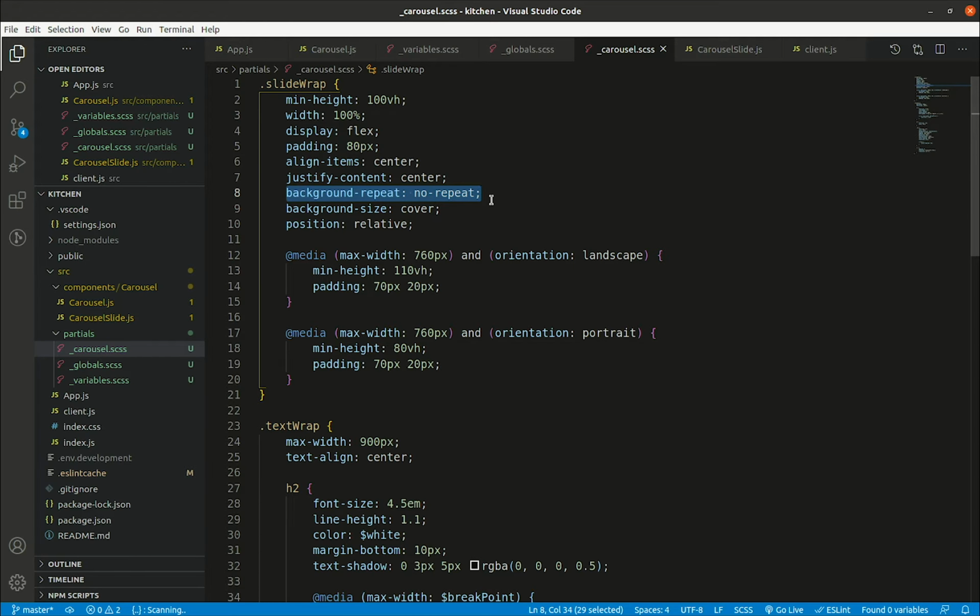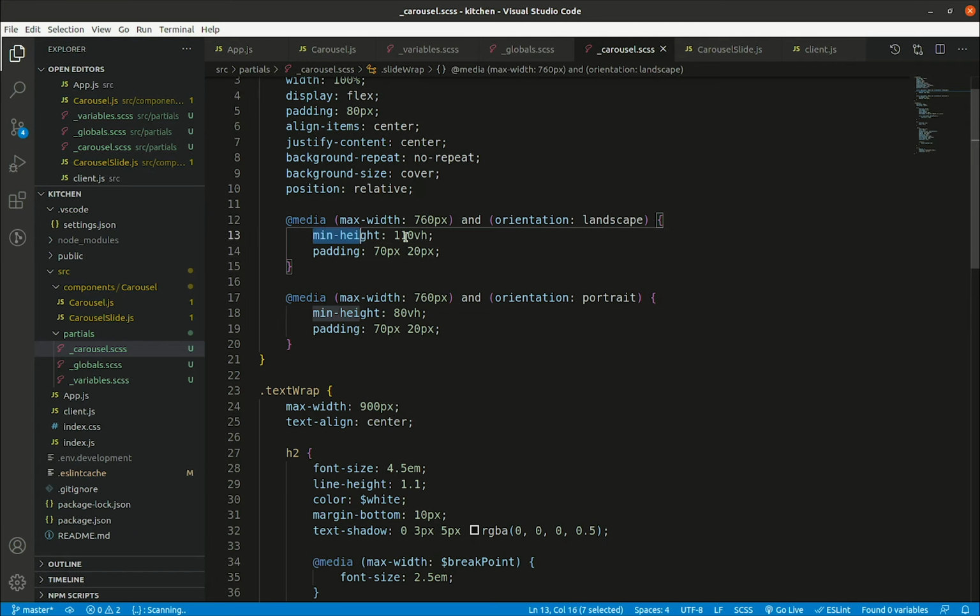I already have a background image that I have included as inline styling, but I am giving the background repeat and the background size. I have also put a position relative here, and at a certain breakpoint I am changing the minimum height. I am checking if the orientation is landscape, and then I am changing the minimum height to 110 viewport height, and I am changing some padding. The same thing I am doing over here. If the orientation is portrait, I am making the minimum height 80 viewport height, and the padding is defined